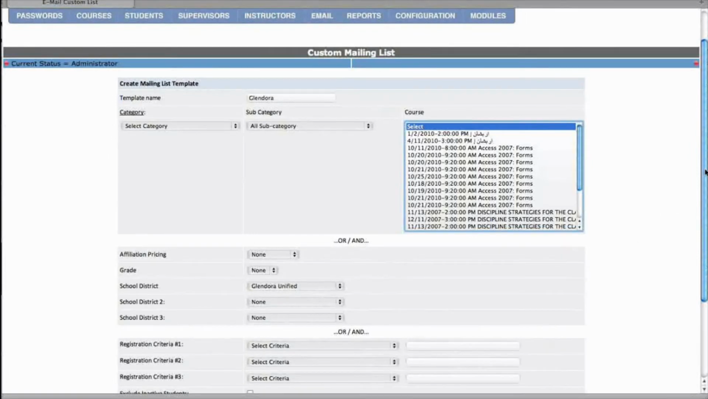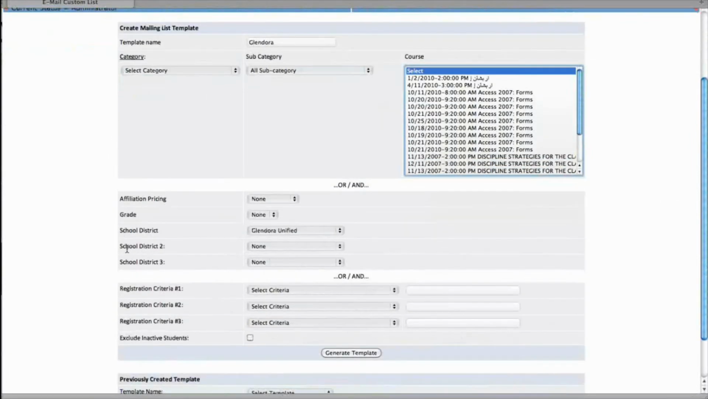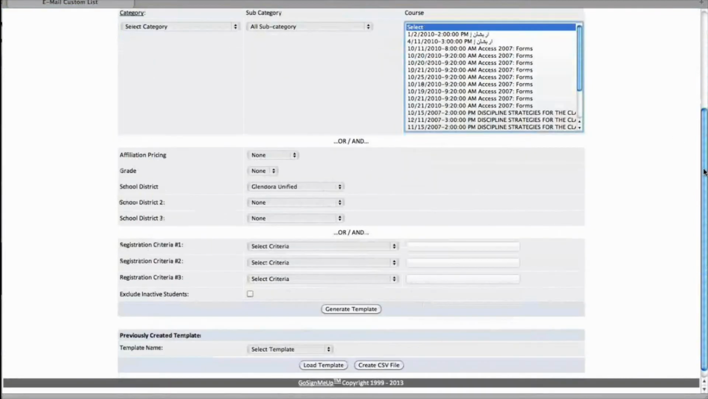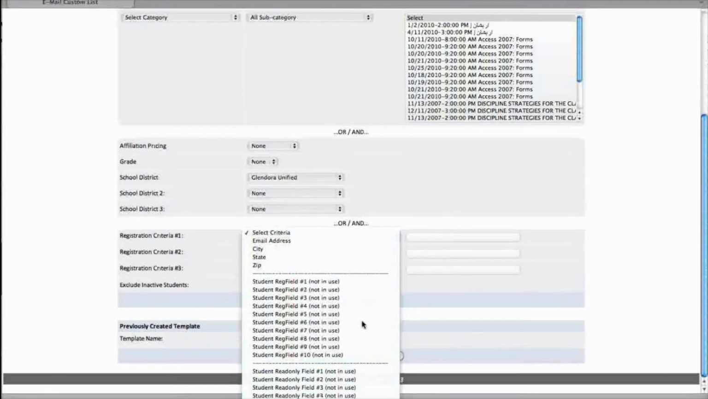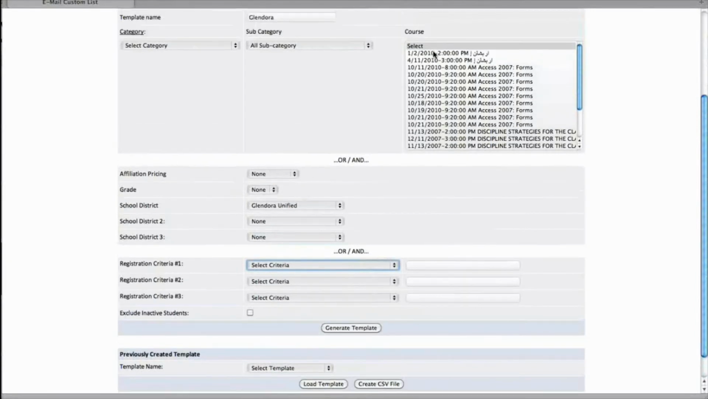Now just keep in mind, this is going to be different depending on your student registration fields. You might not have district. You might have department or division or company, something like that. You can also further define it and look down at all sorts of issues. Whatever you have in your student registration fields, we can come up with that kind of criteria. And again, you can also combine it with classes that they've taken. So for instance, all the teachers in Glendora who've taken First Aid 101, or all the teachers in Glendora who've taken technology classes. But right now I'm just going to do all the Glendora teachers, and I'm going to generate